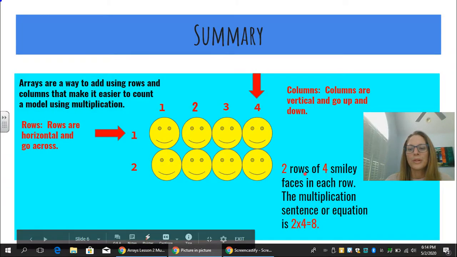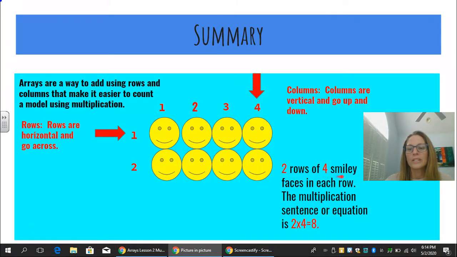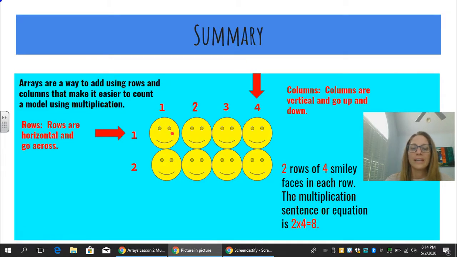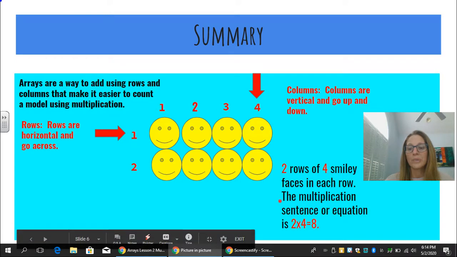So 2 rows of 4 smiley faces in each row. Let's count them again. How many do we have in each row? 1, 2, 3, 4. Now we just create our multiplication sentence or equation. We take our 2 rows and multiply it times how many we have in the row, 4,